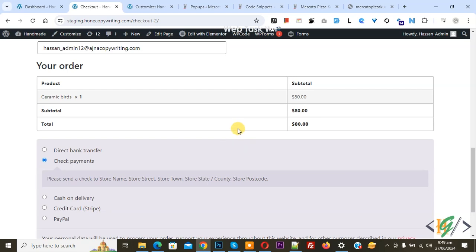Bismillahirrahmanirrahim. Assalamualaikum. My name is Hassan and today we are going to add a fixed fee based on a specific payment gateway